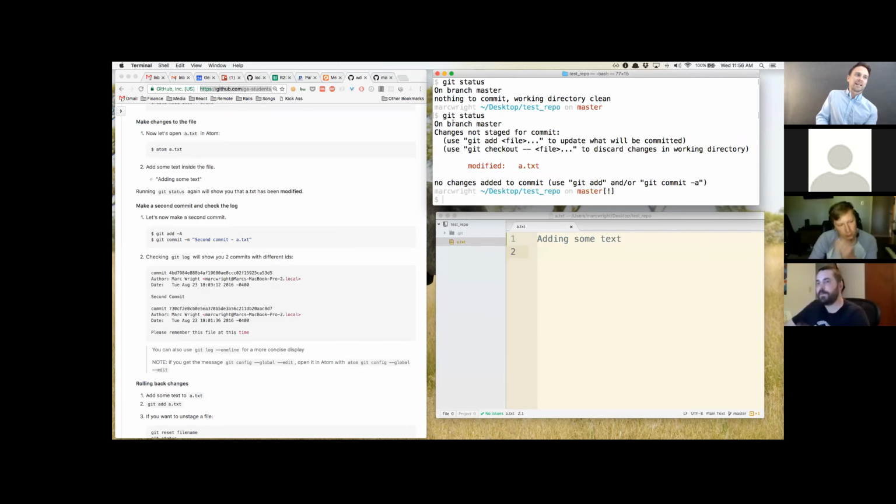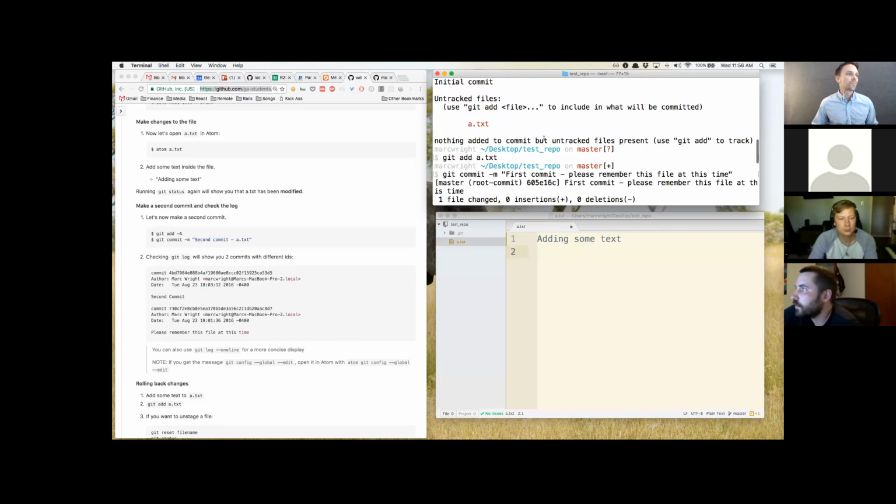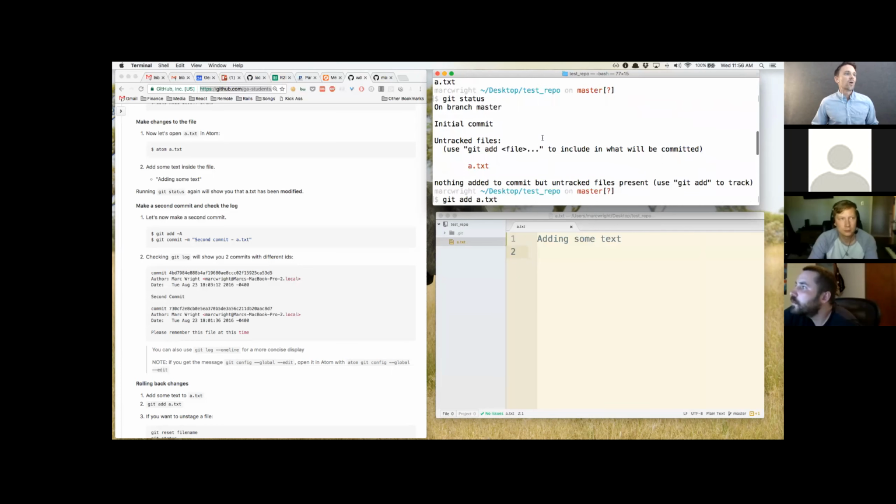The message that I get: I'm on branch master. Obviously, it's the only branch I have right now. You guys should only have one branch as well. Changes not staged for commit. Notice that I'm not getting any message saying the file is untracked. Earlier, we got a message saying that that file was untracked, if you guys remember. I'll scroll up a little bit. So up here, when we did a git status